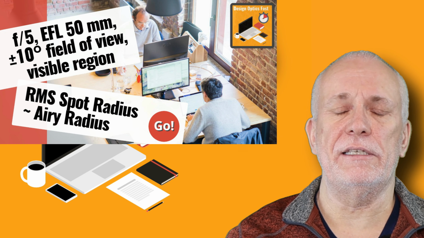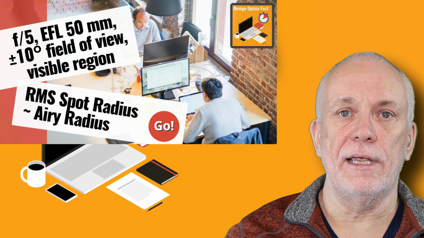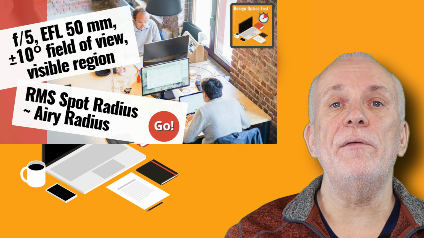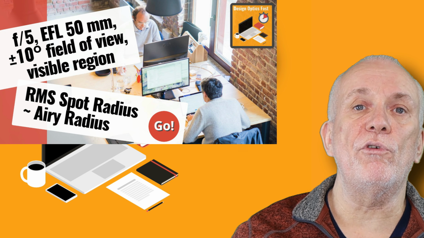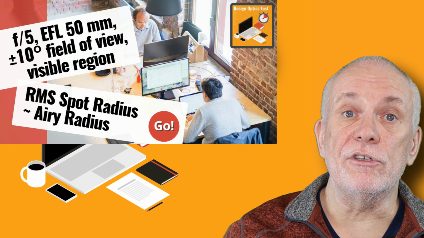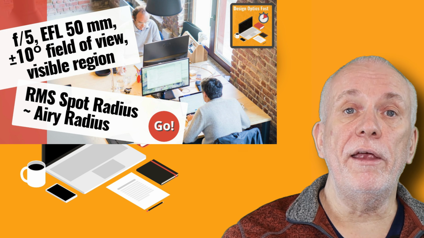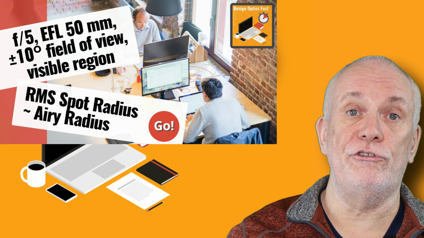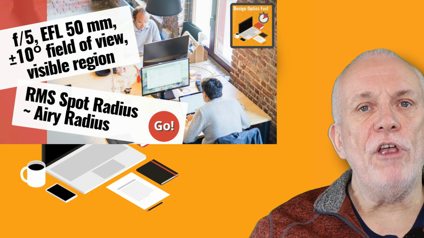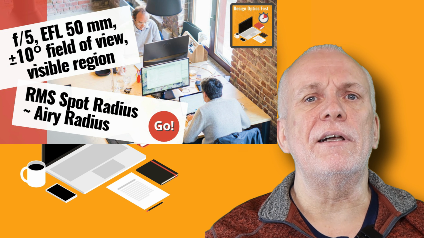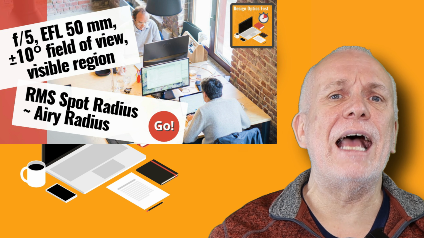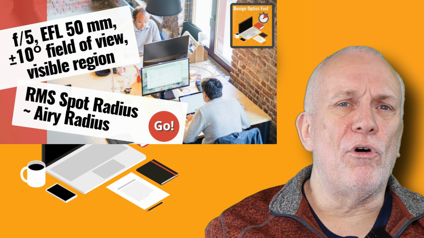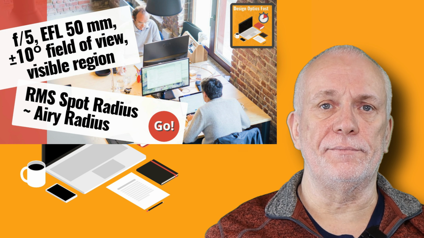This is a core specification for the landscape lens, as it assumes the thing being imaged is a long way away. That makes it different to a portrait lens where the thing being imaged is close to the lens, or a microscope lens where the object is extremely close to the lens. Generally, a distance greater than 20 effective focal lengths is considered at infinity and therefore a landscape lens.